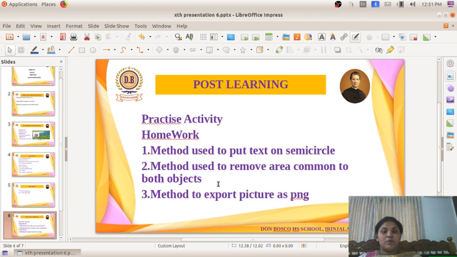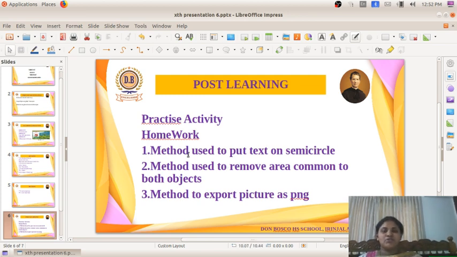Those who have computers. Okay, so this is the homework, and in this homework I have given 3 questions. The third question, only if you know, you can answer, because this is another activity which we are going to discuss in the next class. The first 2 questions you will be knowing. So please give the answers. We will be discussing it in the next class.